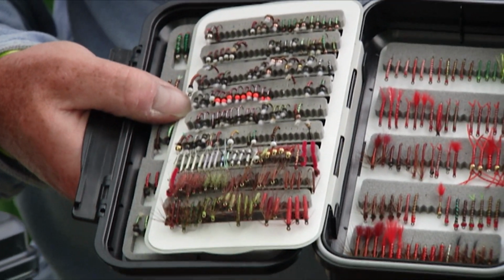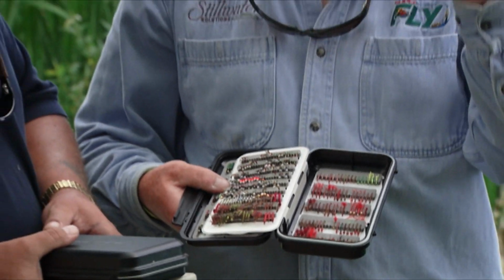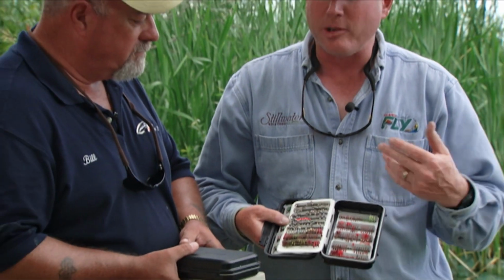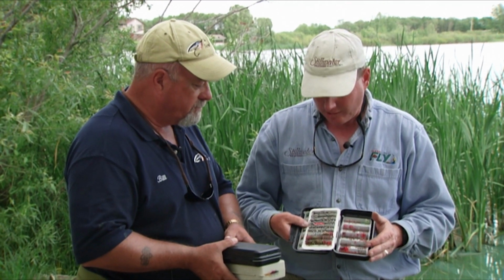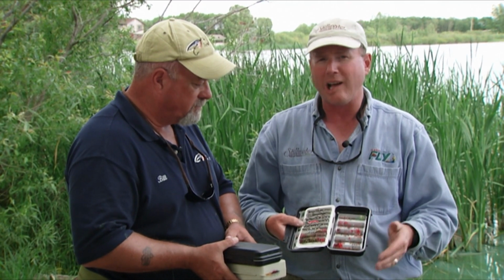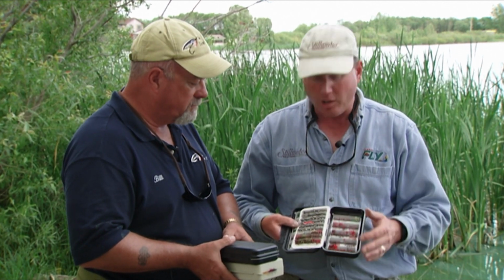On this side here, and if I flip over, you'll see more here, quite a range of sizes and colors in chironomid pupa. And the pupa is the stage after the larva transforms and travels up to the surface. They use trapped air and gases to do this, so your patterns need to have a degree of shine to them to simulate that. Lots of different body colors, blacks, browns, shades of olives and greens, lots of contrasting ribs,